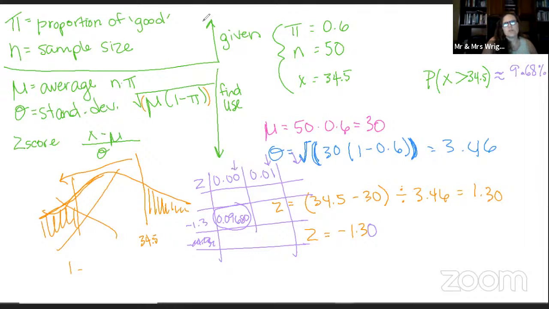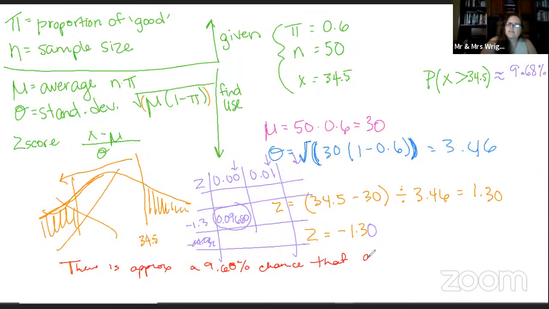Since this was a word problem, we are technically supposed to write it as a word answer. Our question was, what is the probability that at least 35 of them have earned their arrow in the last year? So there is approximately a 9.68% chance